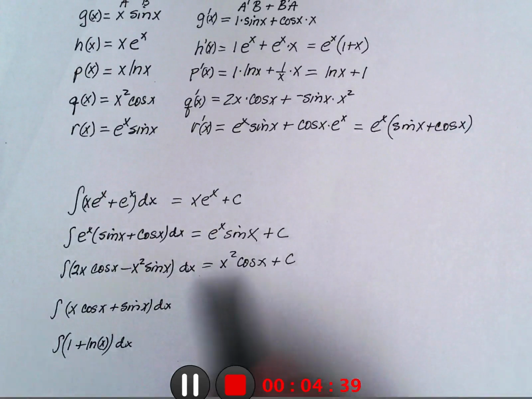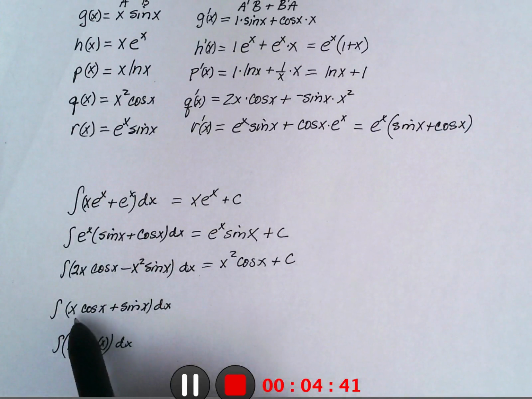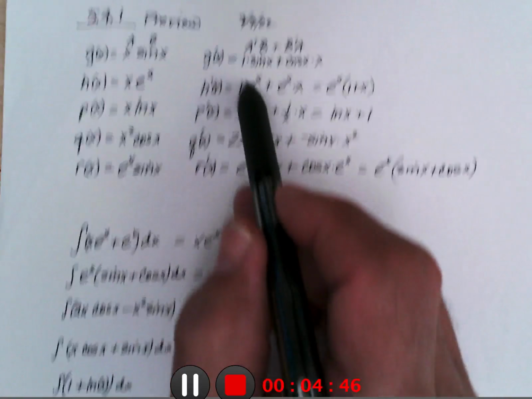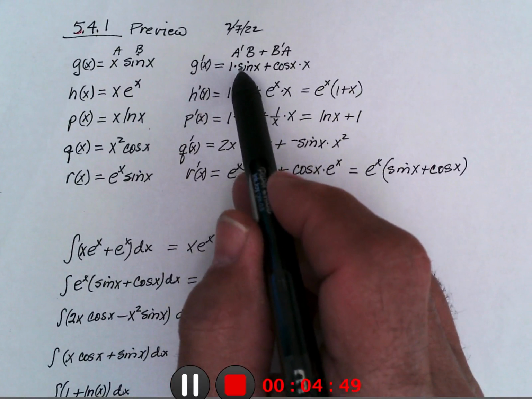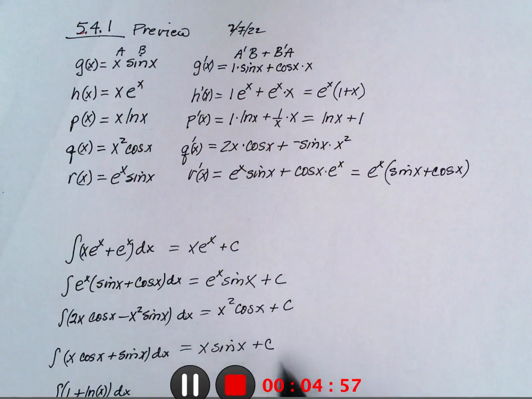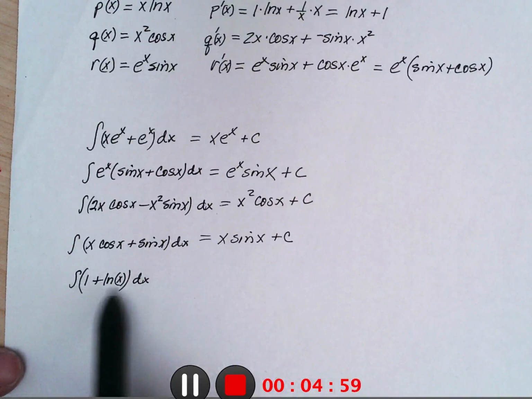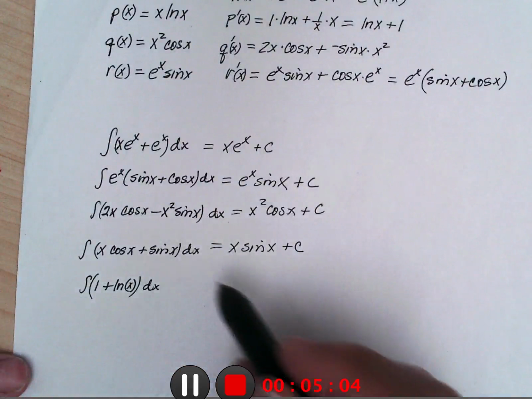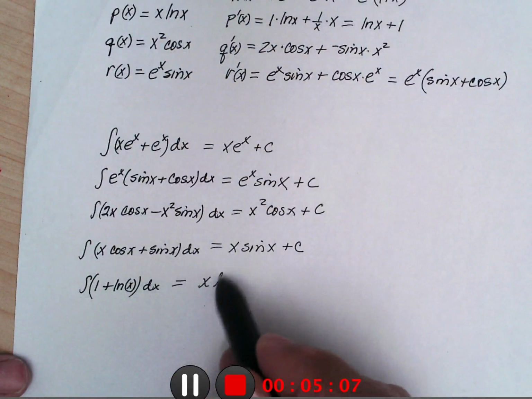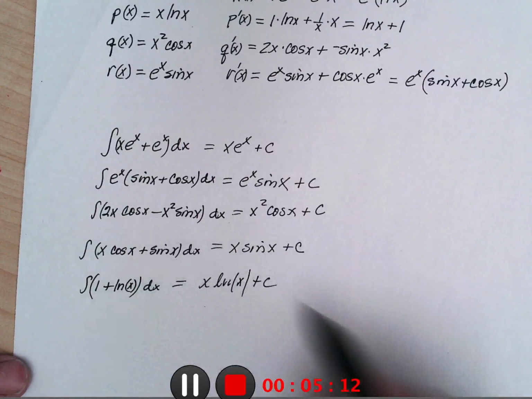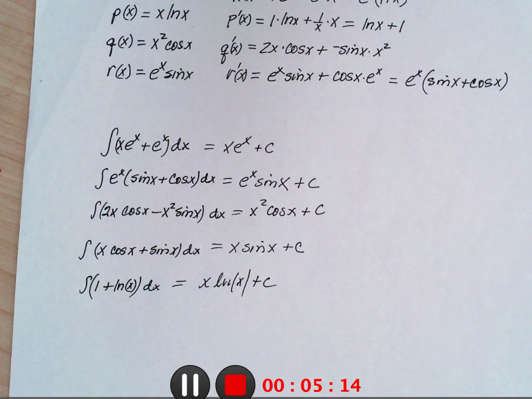And this one is x cosine x plus sine x. That looks like what we did for g, so the antiderivative must be x sine x plus c. And this last one, 1 plus ln x, looks like this. So the antiderivative must be x ln x, of course, in absolute value when you antiderivative, plus c. However,